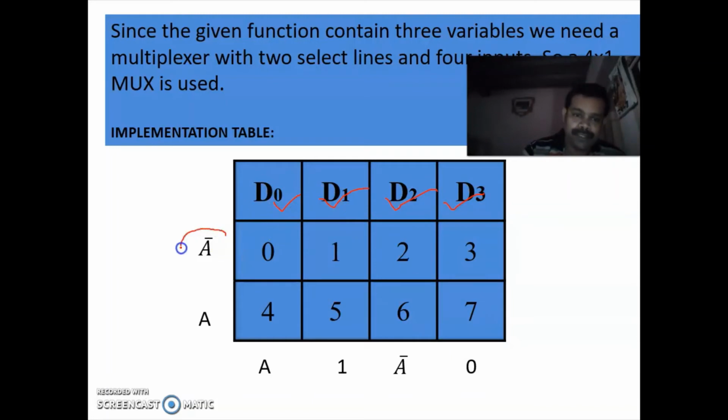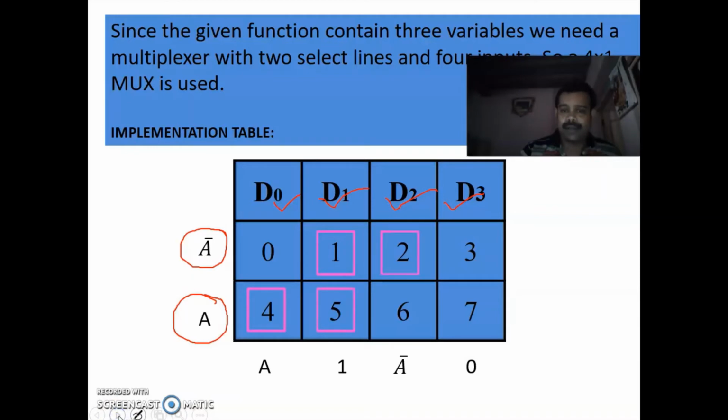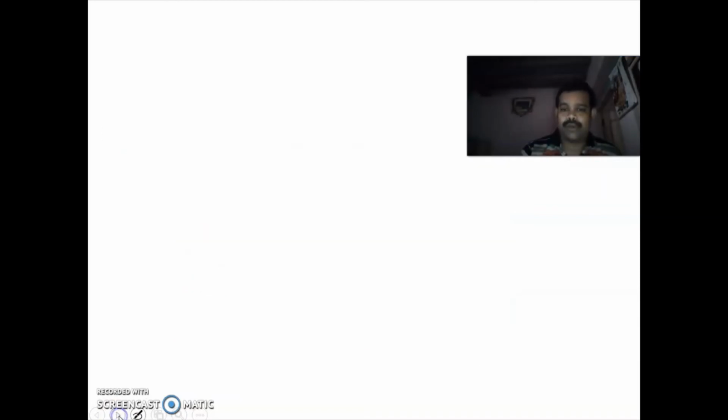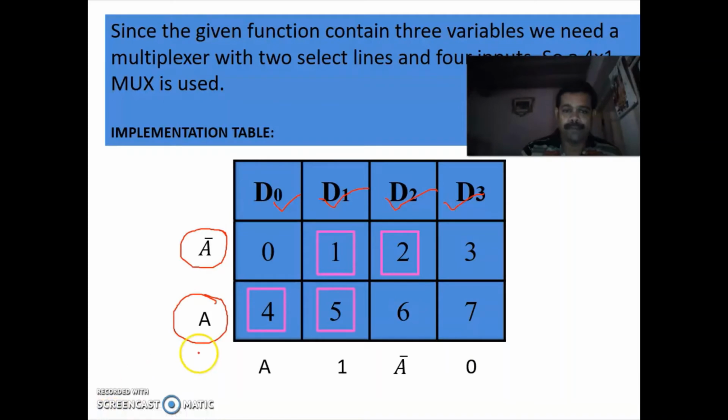In the first row you take it as A bar and in the second row you take it as A. Now you encircle the numbers which are given in the question. The numbers which are given in the question are 1, 2, 4, 5.